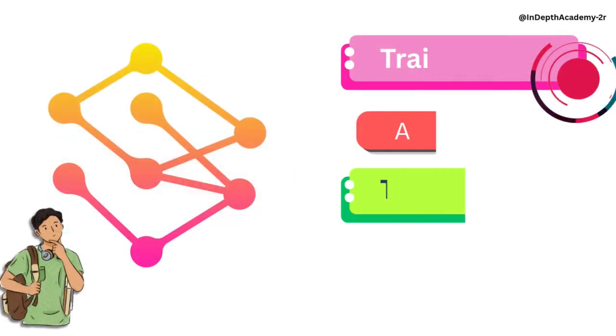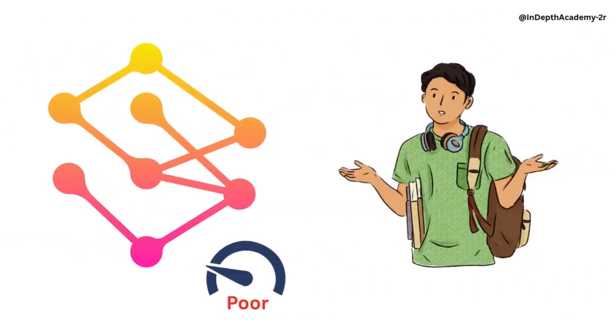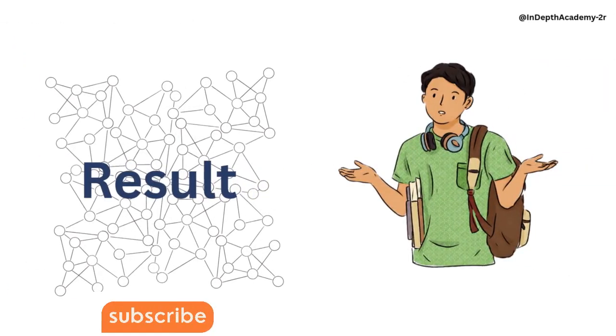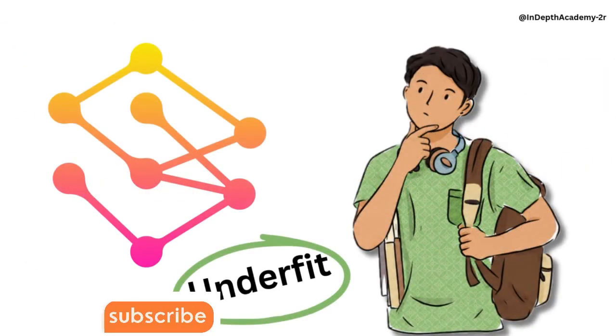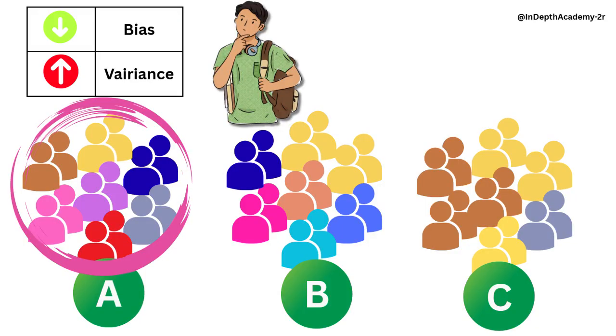He developed his model using the class A data, and when he predicted the outcomes for test data on class B and C, his model again underperformed. What could be the reason now? Well, yes, it's underfitting. The model did not learn anything from the training data that is of substantial value,